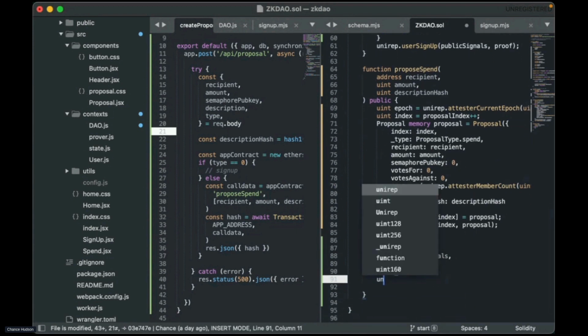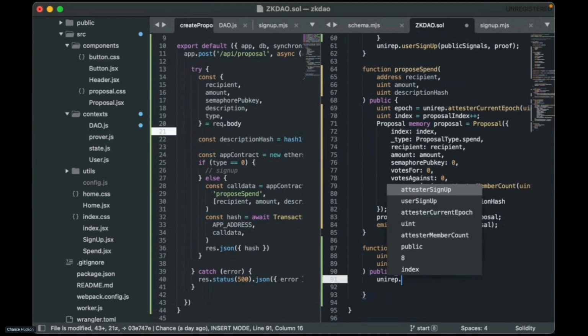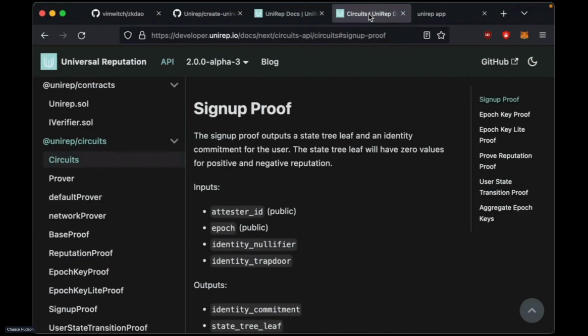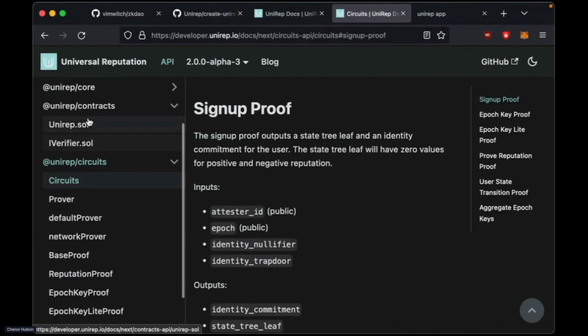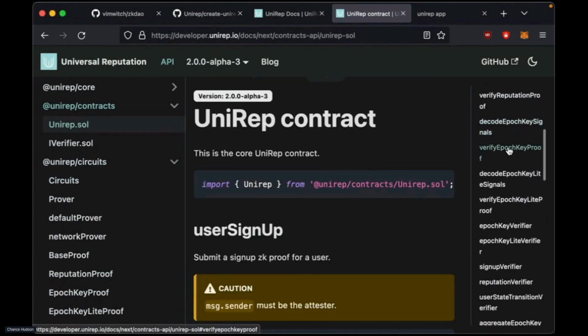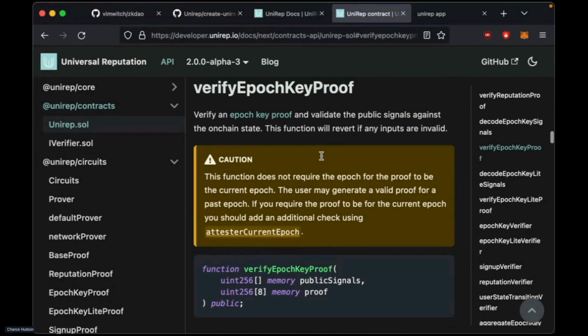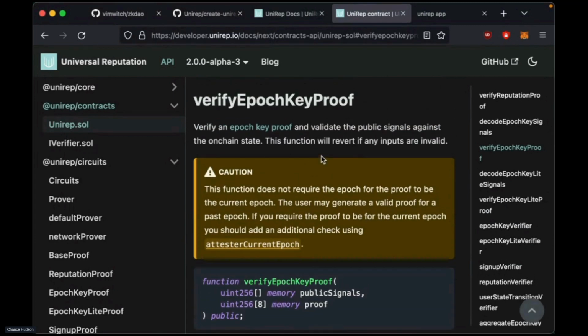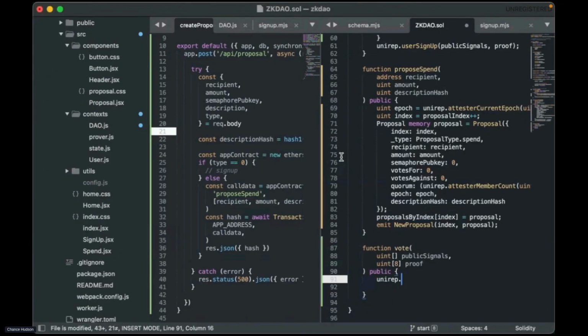And so inside the UniRep contract, we have these cool validation functions that will actually deal with verifying the proof for you. And we're using an epoch key proof. So the important thing here is the epoch key proof has some public signals like the state tree root and the current epoch, and you need to verify those against the values that are on chain.